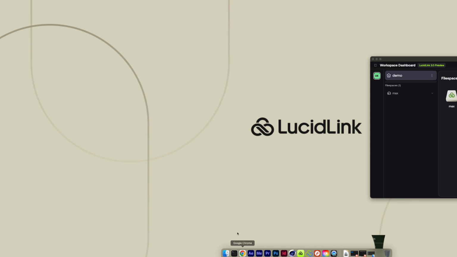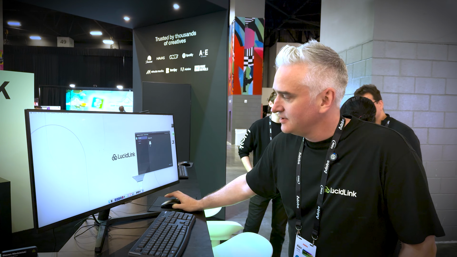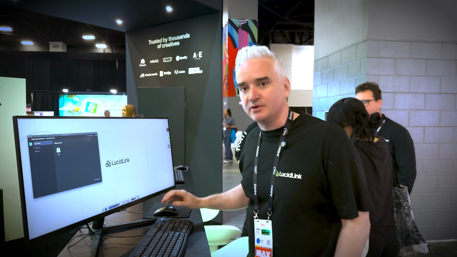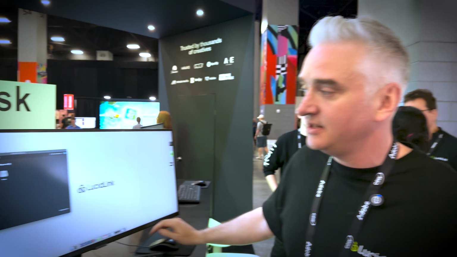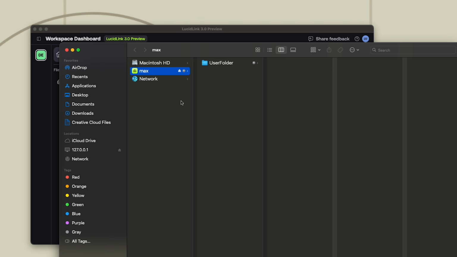We're here connected to a file space along with some other global collaborators, and we want to see how easy it is to work together. 3.0 gives us a really simplified user experience where we're able to connect to and mount to a Lucid Link file space directly from our operating system. Here we can see our user in Miami is able to view their Lucid Link file space just like it's